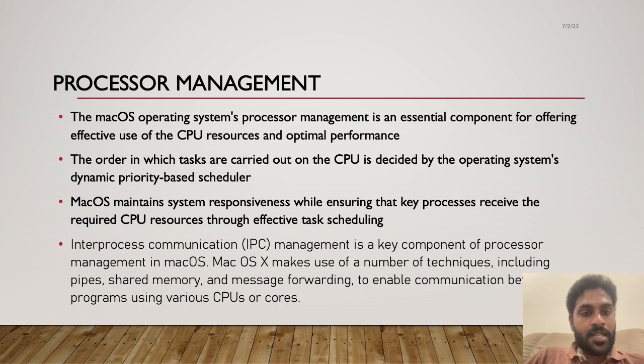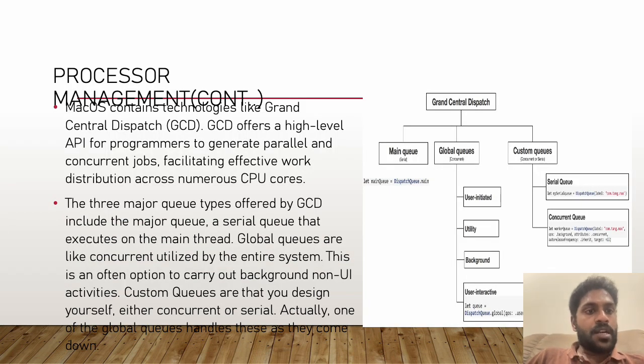Inter-process communication management is a key component of processor management in macOS. macOS X makes use of a number of techniques including pipes, shared memory, and message forwarding to enable communication between programs using various CPUs or cores. macOS contains technologies like